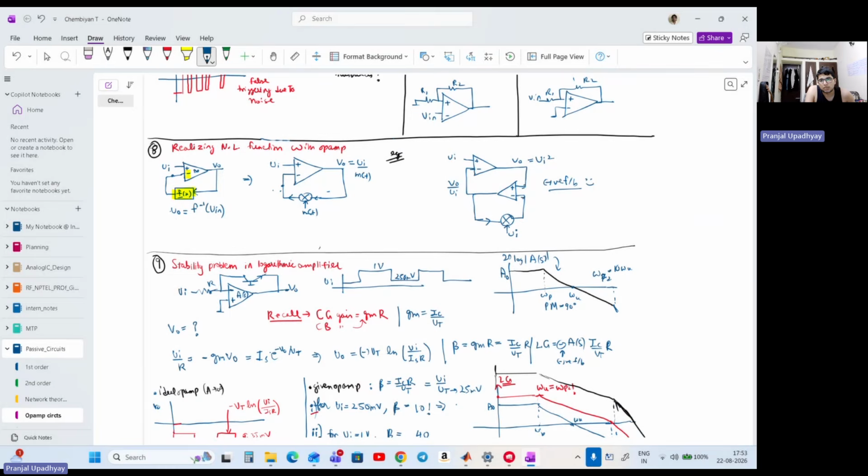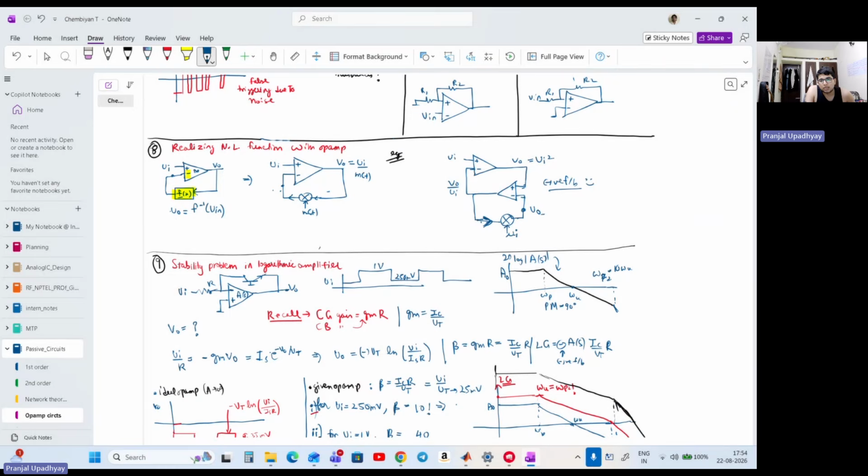Because this terminal is V out, this terminal also becomes V out, and now V out times Vi. So basically, you're feeding input at two places. So this guy becomes what? And again notice the direction of the multiplier also. This multiplier will have input this way and input this way, and here you will observe the output. So this node is V out, and this node multiplied by this node is V out,